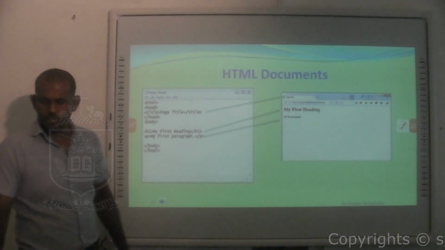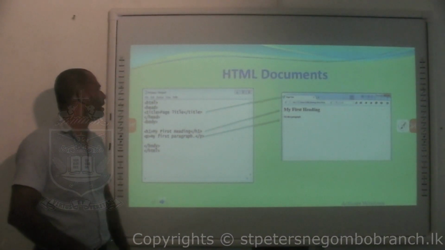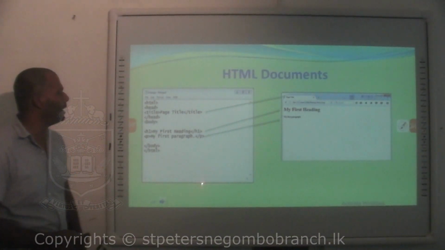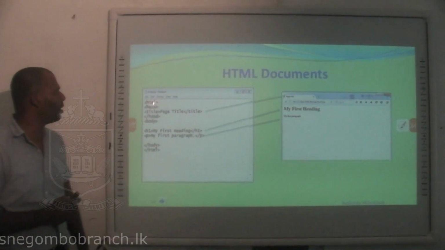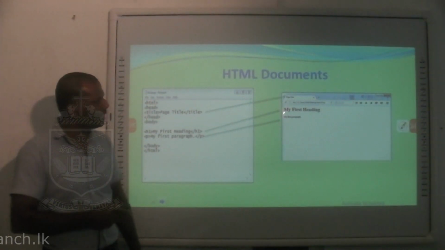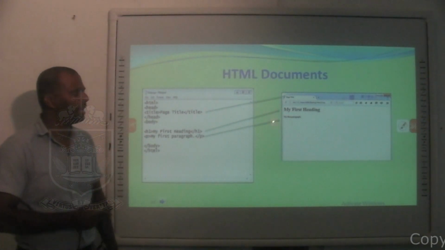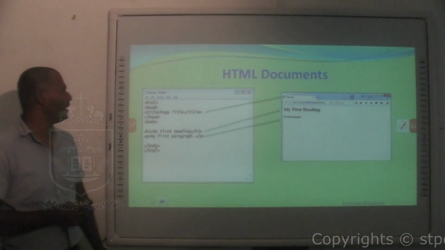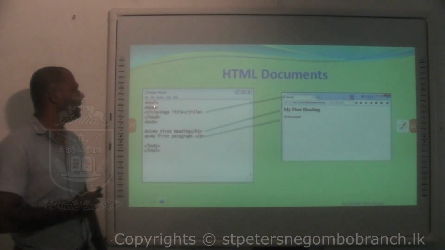Right. This is how the HTML document looks. Here I have given you a sample HTML document. I have typed it using Notepad, and here is the output of the default web browser with that document. Here you will see I have started the Notepad file with the HTML